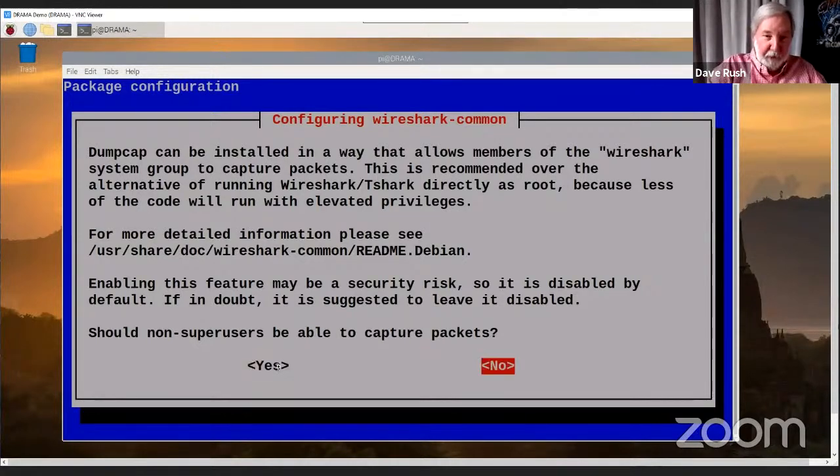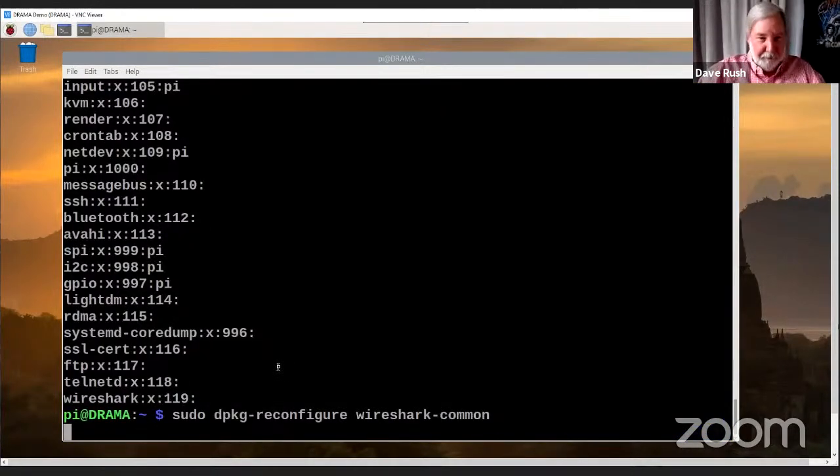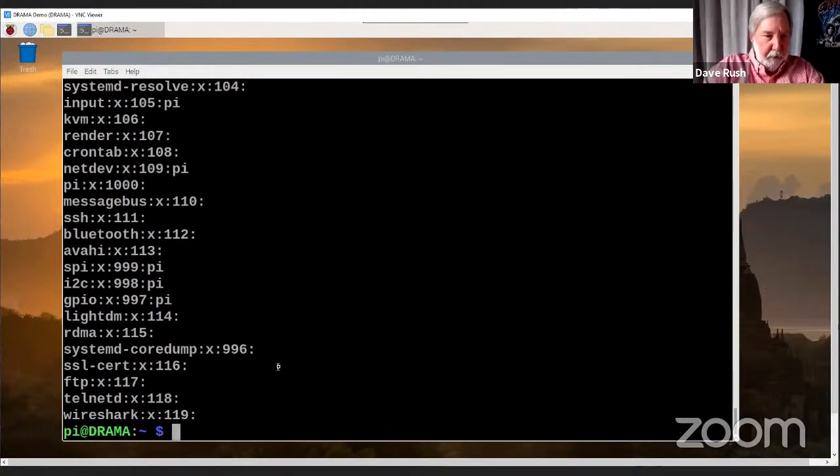And you've got to use a keyboard on here. It's not mouse functional. Okay, buzz, buzz, grind, grind. And if this weren't already there, you would see this WireShark X and a number. Okay, the group exists. Now I've got to make somebody be able to be a member of that group.